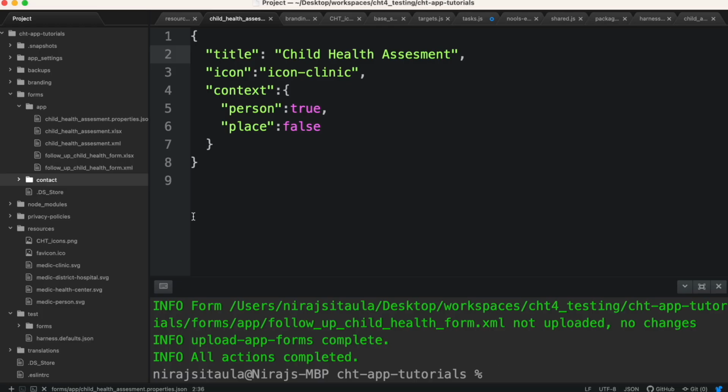To specify this, we need a properties.json file for the form. So in the app folder, which is in our project within the forms and this subfolder app, we need a new JSON file called child_health_assessment, that is our form name, .properties.json. If you have a different form name, you'll have the name of your form over here instead of child health assessment form. So here we can see the title of the form is set to child health assessment